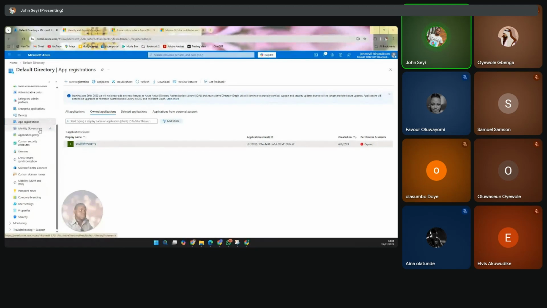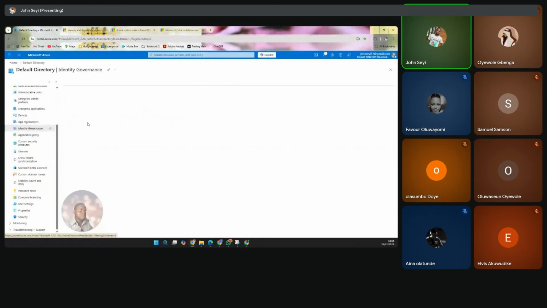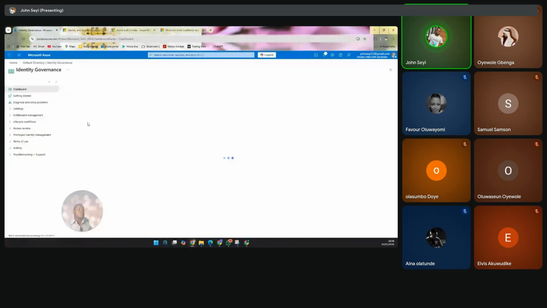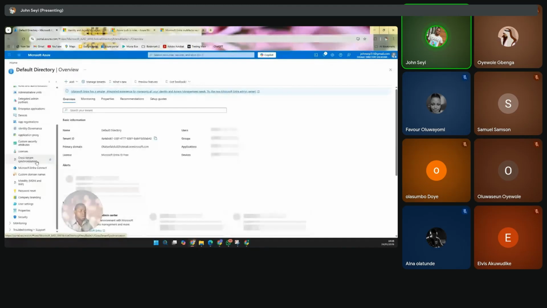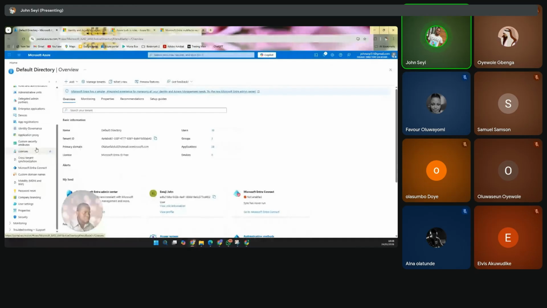Identity governance talks mostly about what your identities can do, but it's not really a major thing unless you are in the governance aspect of Microsoft Azure. Then there are licenses and app proxy. Many of these things you may not need to get into in the long run. But there is something I want to look at again: